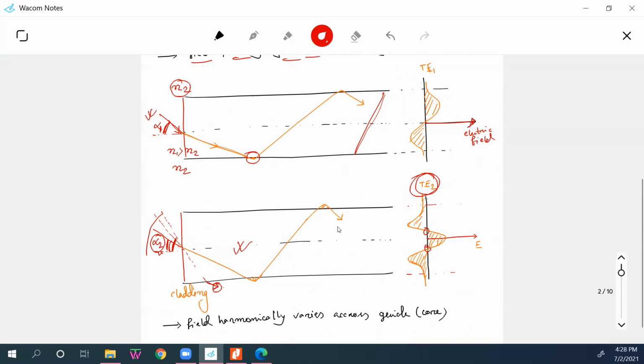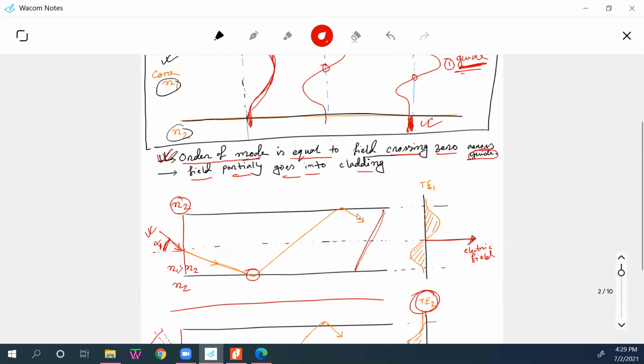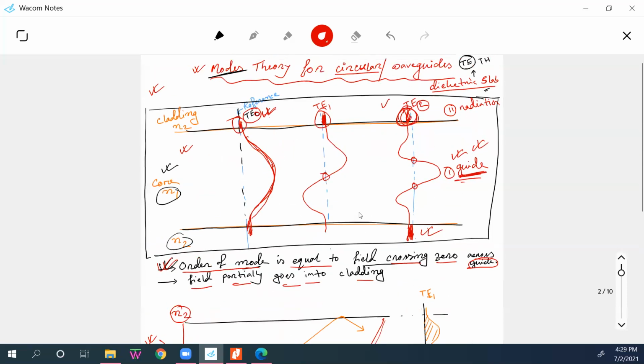And this light, what will happen if I complete this figure? If I draw the cladding, what will happen? The light which goes to the cladding will also bounce back this way. Understand? But this light is no use for us. This portion of light is no use for us. So in higher modes, there is more chance that the light goes to the cladding region.